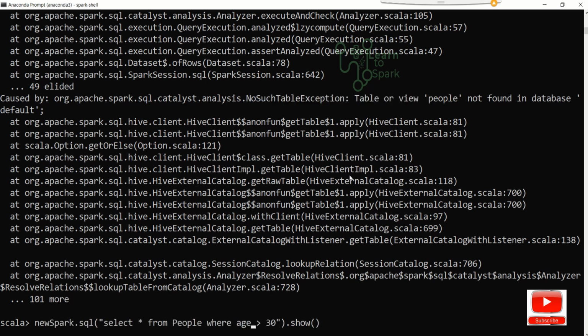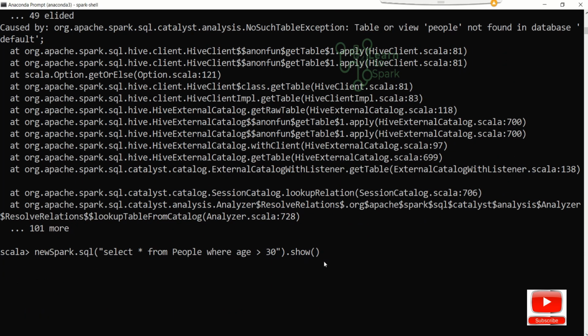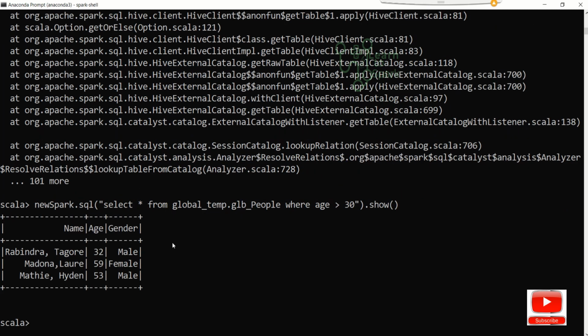Now let us try with our global temp view that we created. So let me query the global temp view using a new session. Here we can observe with our new session as well, we are able to query the global temp view.